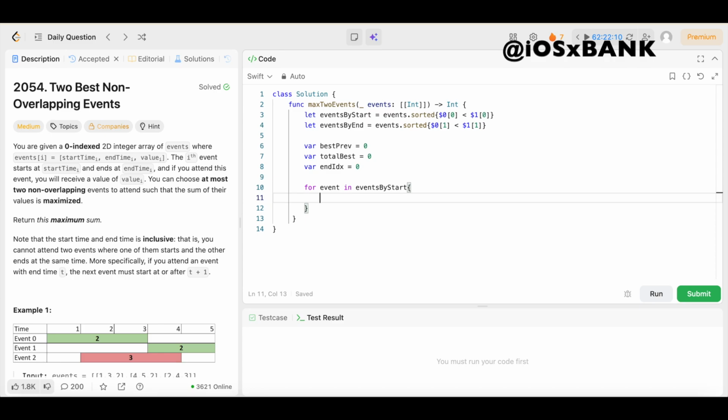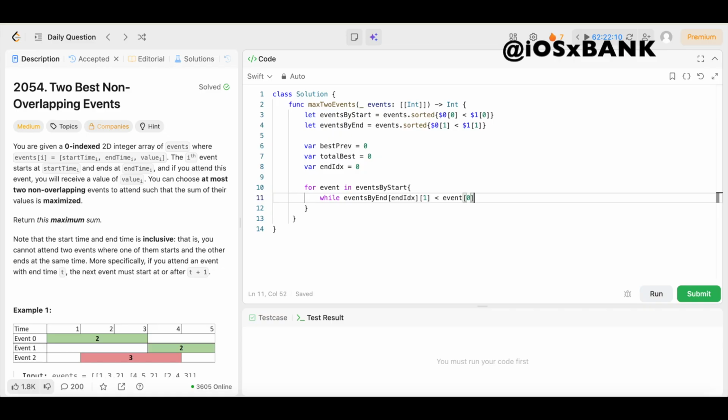So we're going to say while events by end, square bracket, end IDX, come outside of that, square bracket 1, come outside of that is less than event